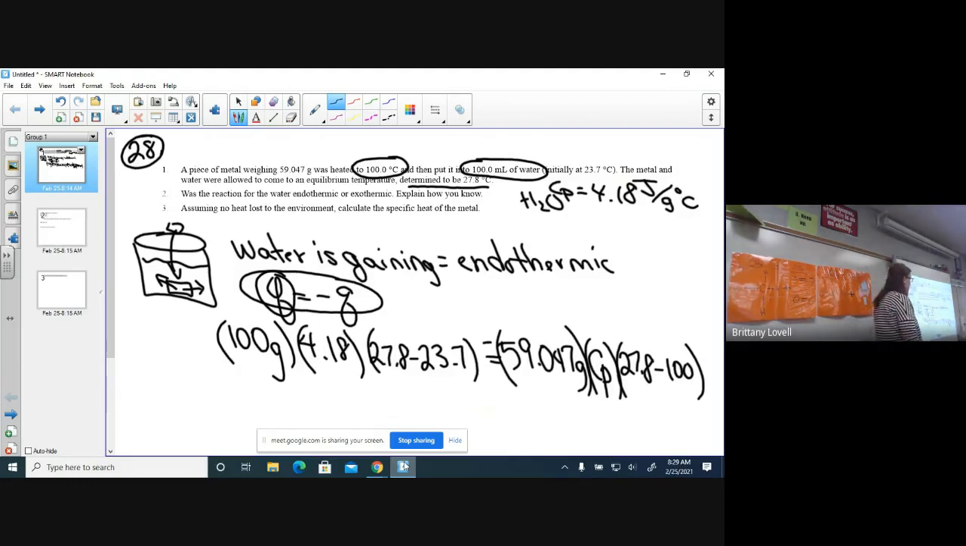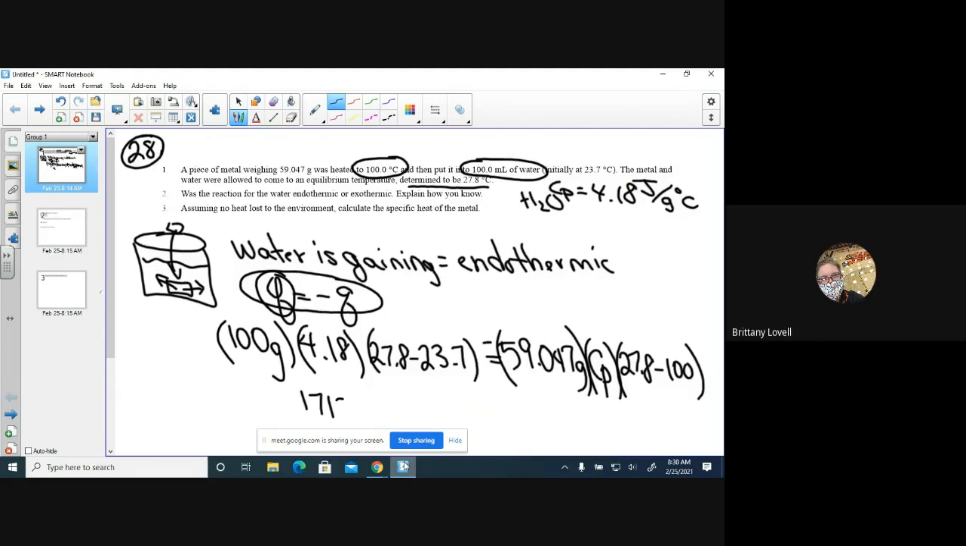Okay. So here we go. Let's go ahead and solve this. You're just going to find CP at this point. So I'm going to do all the math on the left side. I'm going to do 100 times 4.18 times the change in temperature, so 27.8 minus 23.7. And you guys better double check me. It's been a rough morning. I got 1,713.8 is equal to,